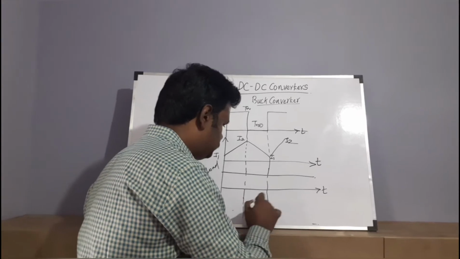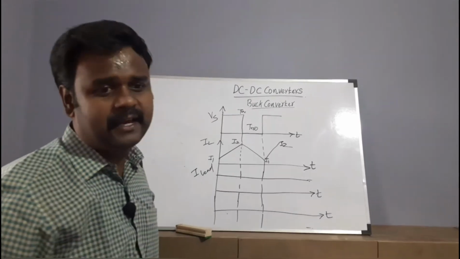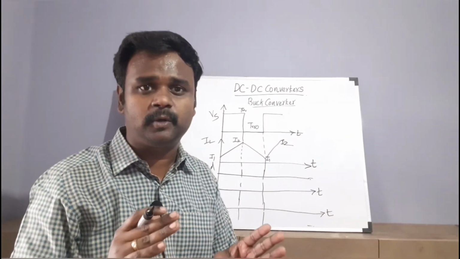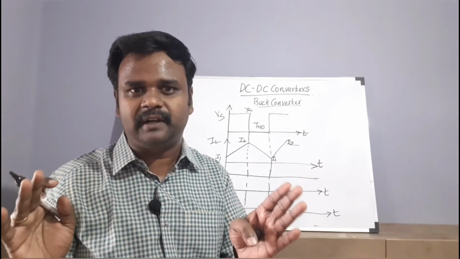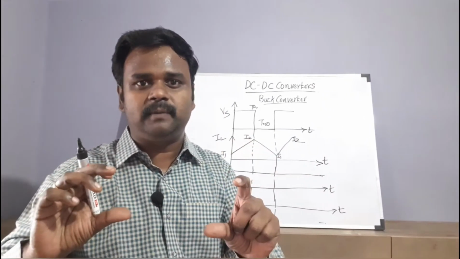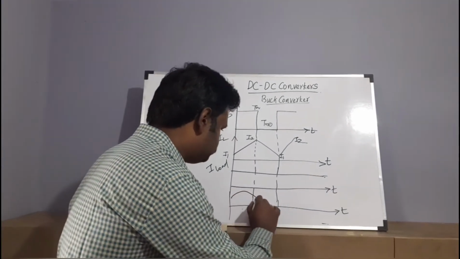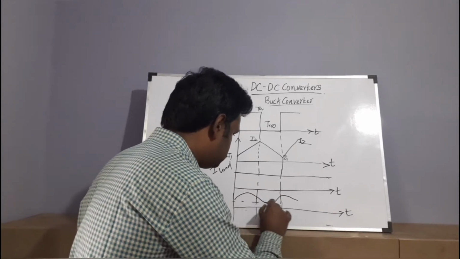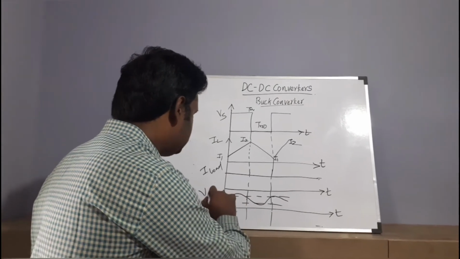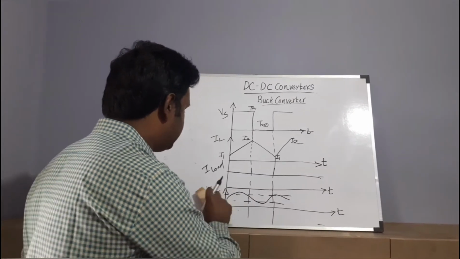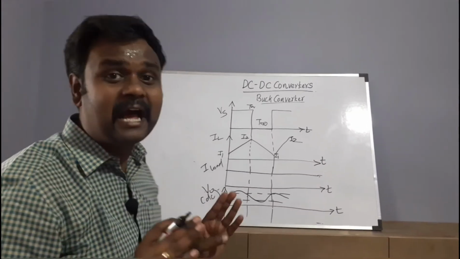So next, I have to measure my output voltage. In the case of DC to DC converters, you are going to take the output voltage as an average one. So it will be a stepped waveform, that will be your output voltage. That output voltage average value will be your bucked voltage or step down voltage. So you have to take an average of these so that you will get your output voltage. That means we can say it as V0 DC, your DC output voltage. That will be an average one.